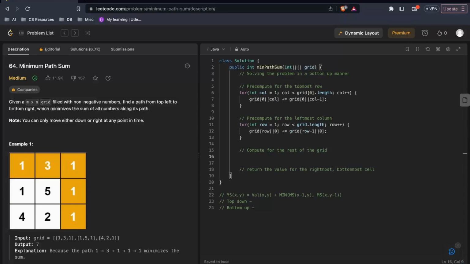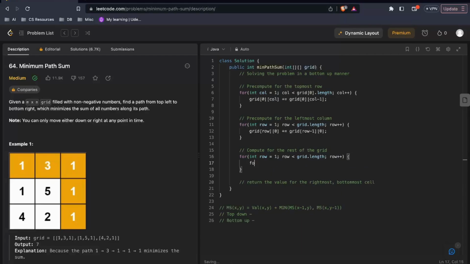Okay, for the rest of the grid, let's iterate over it and start from where we left. We will be iterating over the remaining grid, not the topmost row or the leftmost column, but the grid which is left. So we'll start the row with row number 1, not 0, row less than grid dot length, row plus plus. And similarly for column,